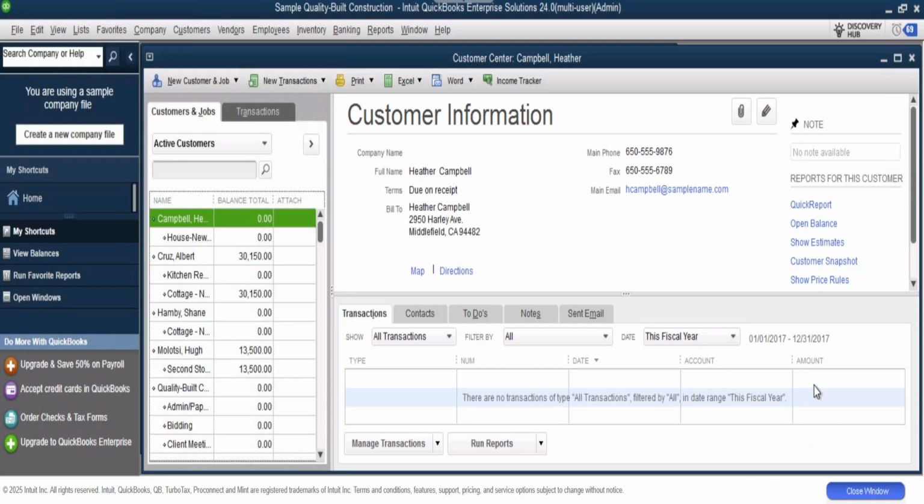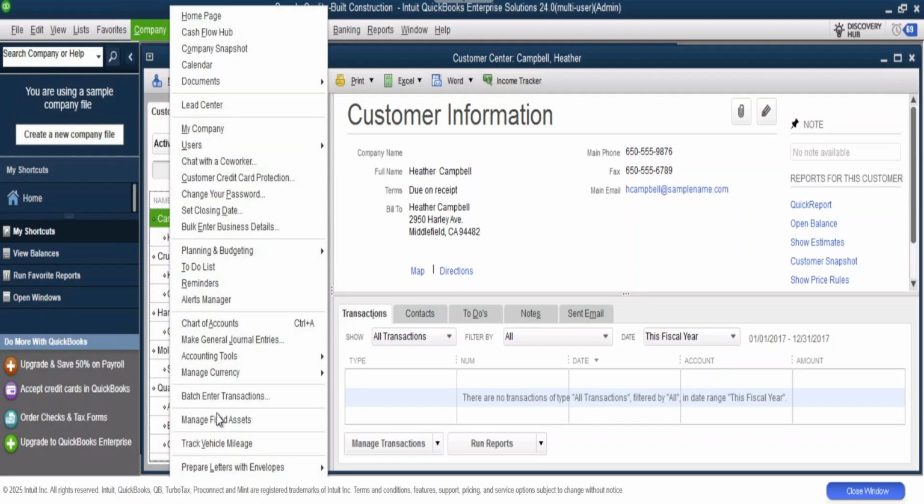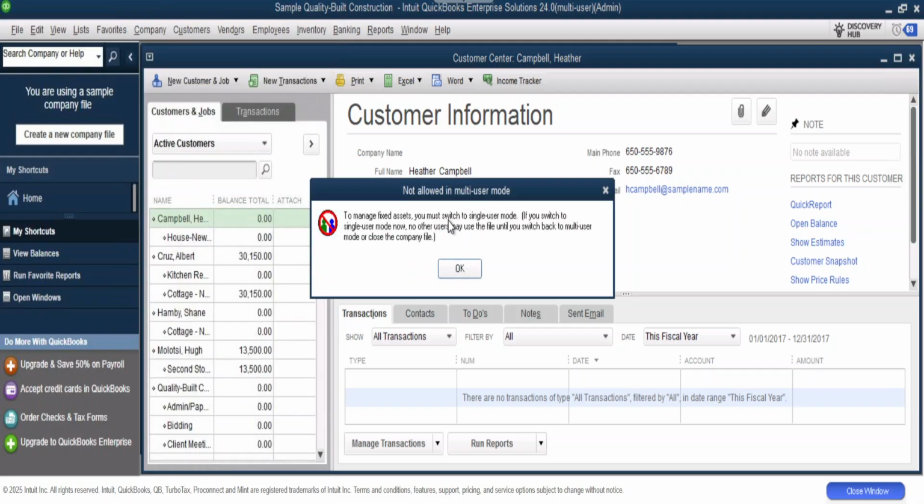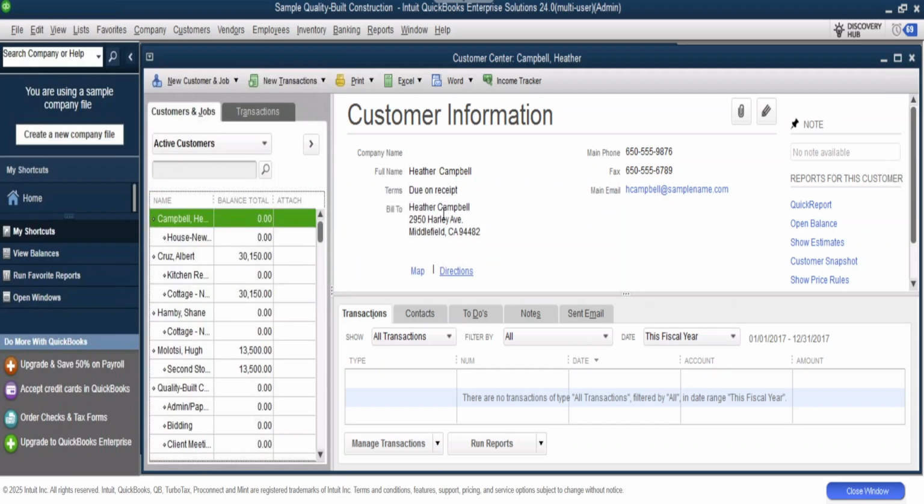Hey guys, in this video I'll show you how to manage fixed assets in QuickBooks Enterprise. The first thing I want you to do is open up QuickBooks Enterprise, click on Company, and then click here on Manage Fixed Assets. For this you need to be in single user mode, but if it's your first time, what will happen is